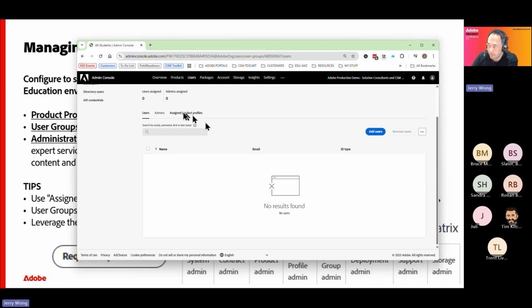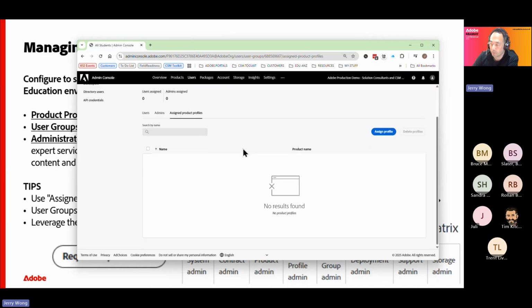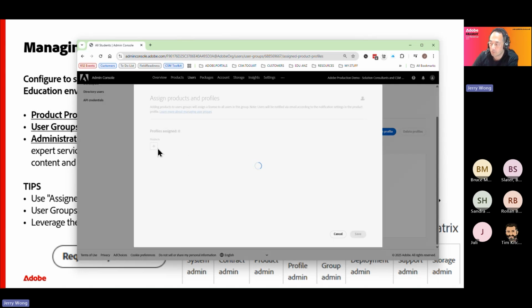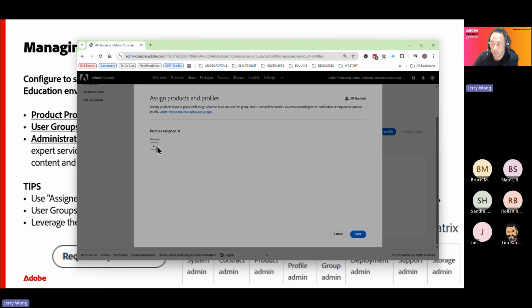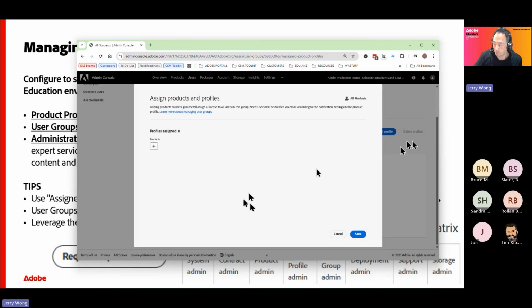as you put all the users in here, rather than adding them directly into the product that you want to license them for, for example, like in Creative Cloud or Express or any other product, you then simply use this option here called Assign Product Profiles. And from here, you click Assign, and you'll get a selection to quickly select the product you want to assign the user to. For example, it could have just been Acrobat, Express, or Creative Cloud. So that saves you the hassle of having to use an actual CSV file and having to modify that all the time. So this is something that I can see on a lot of consoles that I've worked with.